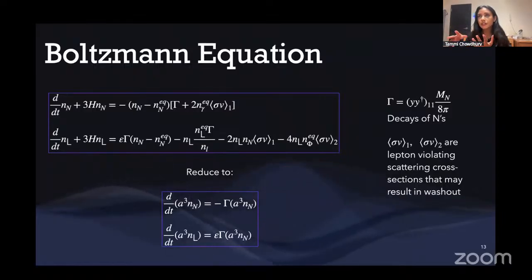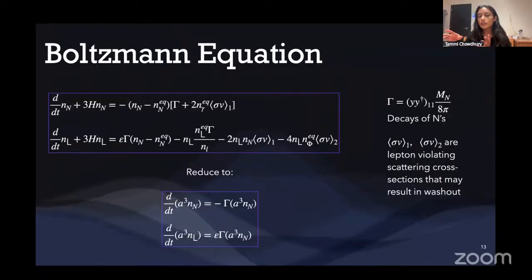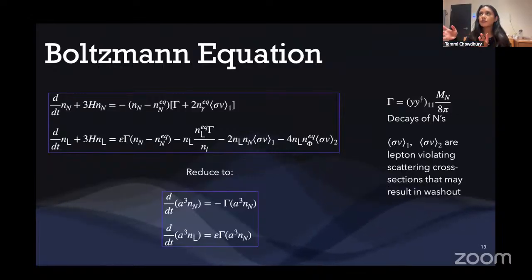These scattering interactions can cause washout because they could recreate the right-handed neutrinos, so that should be closely accounted for, and it's all contained in the first Boltzmann equation. However, these cross sections actually turn out to be quite negligible for our work in particular,